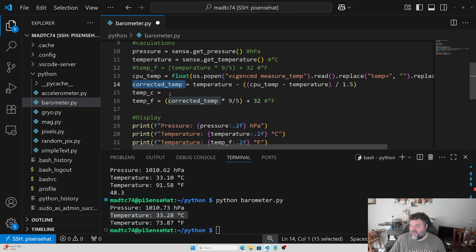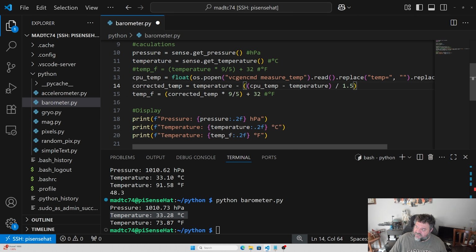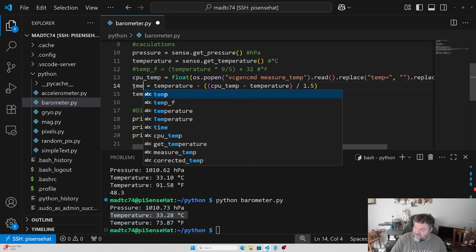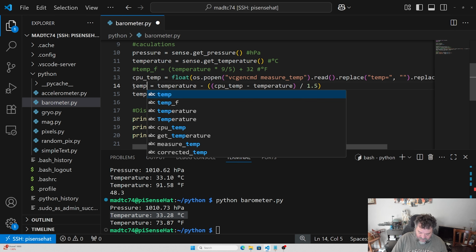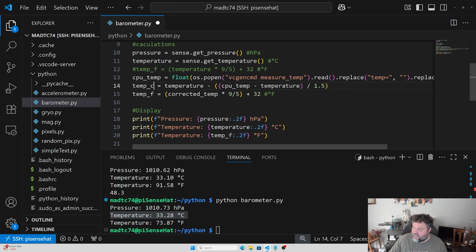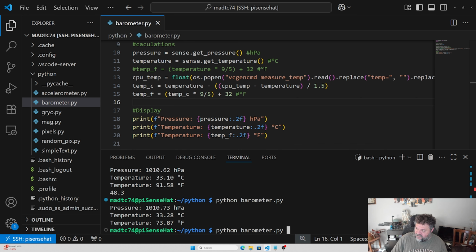Actually, I'm not going to do that. I'm just going to do it this way, I think. Up here, instead of corrected temp, this is just going to be temp underscore Celsius, and I'm going to change this corrected temp to temp underscore Celsius, and that way I'll keep my right temperatures in here. So if I go ahead and save this and run it again,